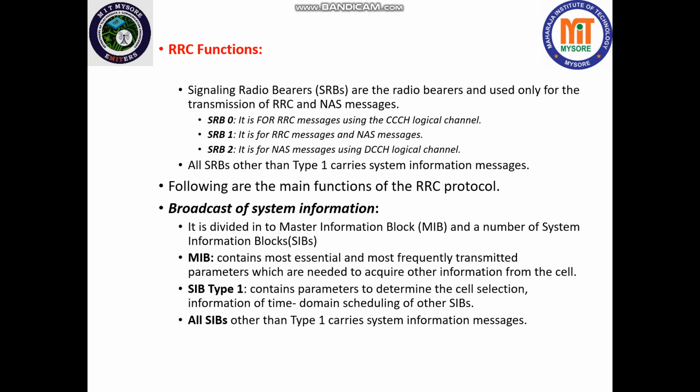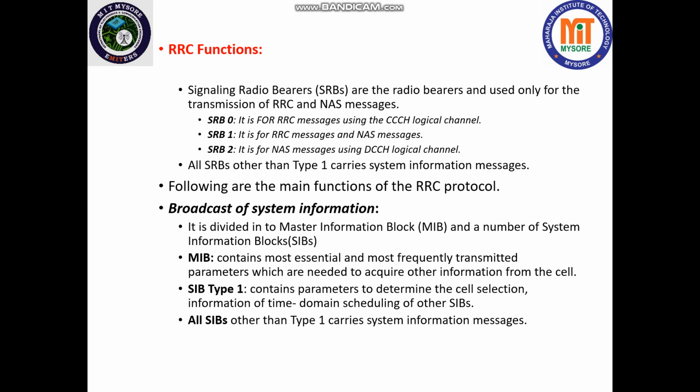These are the messages which indicate the trigger of some event. Just like when you have called somebody and that person picks up the call, it will be indicated to you through a vibration, or through a timer that has started, indicating that reception of the call has happened. In that way, those message indications we handle through signaling radio bearers.